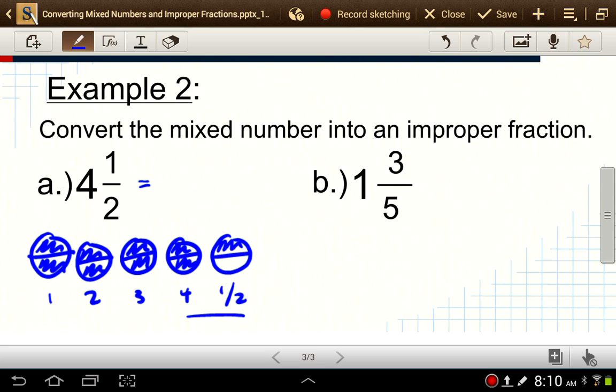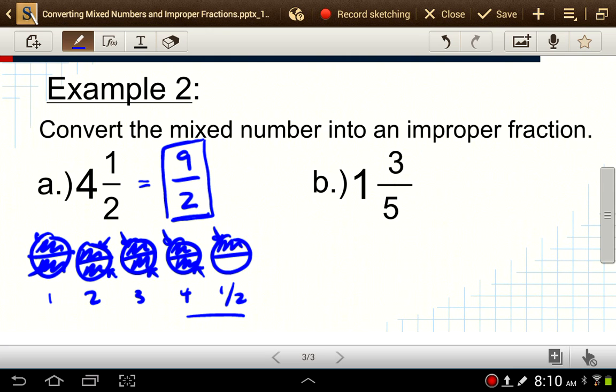Now, I want this as an improper fraction, so now I'm going to count the pieces. I have 1, 2, 3, 4, 5, 6, 7, 8, 9. I have 9 filled in pieces, so that's my numerator. My denominator is going to stay the same at 2 because I have broken each of my whole amounts into 2 pieces. So each whole amount is 2, and again, the denominator stays the same, so my improper fraction is 9